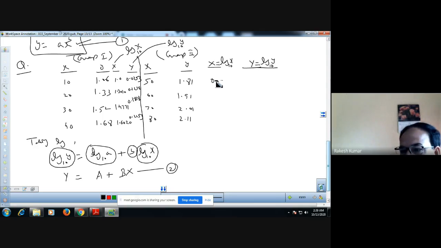Similarly, in group 2, sorry, this is not 0. This is 1.6989. By taking the log, how to find out this value of capital X? You will take the log of 50. If you have a scientific calculator, you calculate the log of 50, which is this value, and log of 60 is 1.7781. You can also calculate the log value with the help of a logarithmic table.